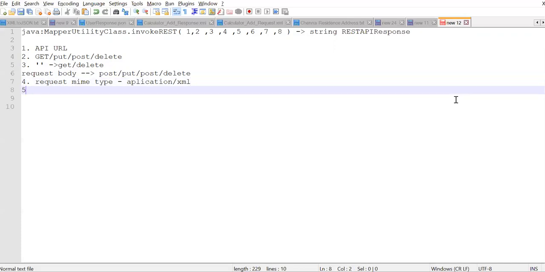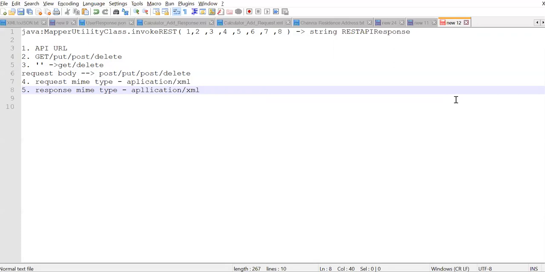Then the fifth parameter is your response MIME type. Again, it can be anything, application XML, I'm giving one example.